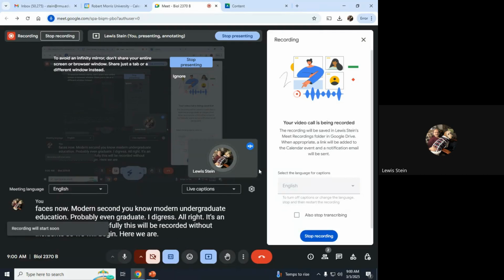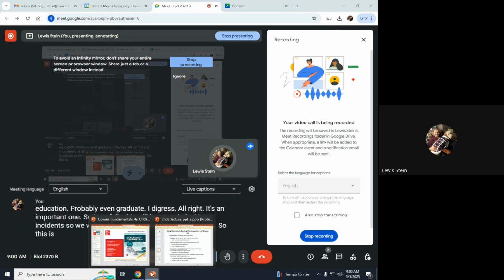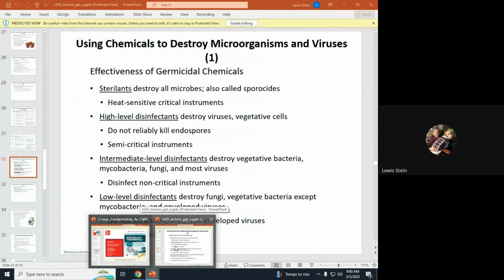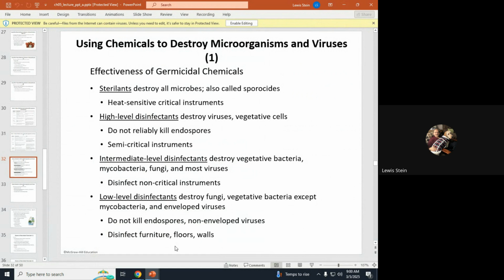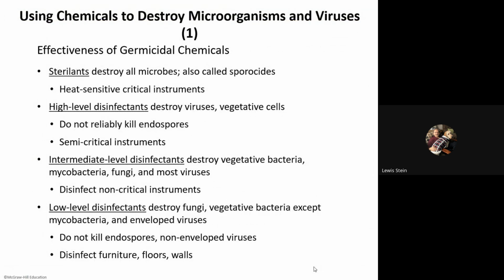Here we are beginning. So this is the section, and I'll try to look at both PowerPoints, but this is the one that had all that information about chemical methods of control. And there's a lot. It doesn't take that terribly long to do, but there's a lot to do with it, okay? And so really, to me, the whole idea of this first slide, and that's what we were talking about before, for the folks who were here,